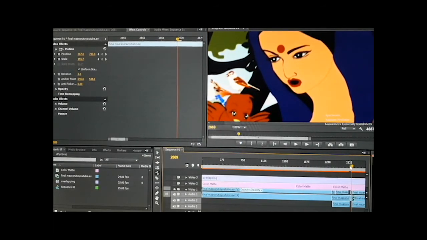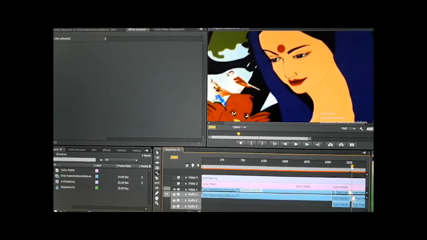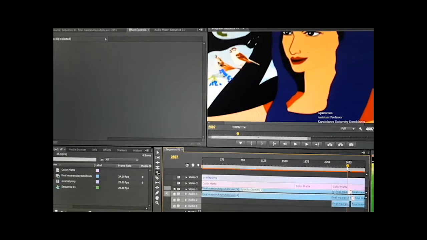Okay, now see, I did increase. Now see, a little bit you can use here this scene, and it is doing a jump.